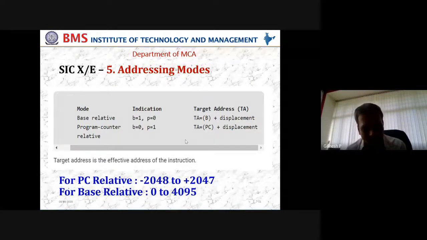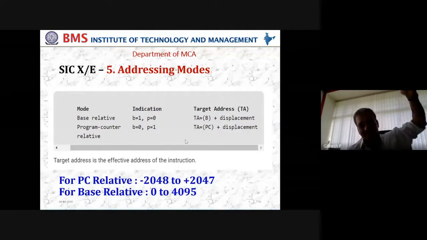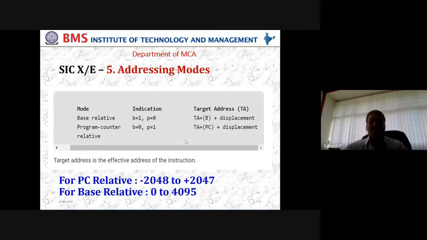So 5,000 is my base location. I can go to both ends. For example, in arrays, you can reverse the numbers. Normally you write for i equal to 0, i less than or equal to n. I can also write for i equal to n, i greater than or equal to 0. That means you are going to print in reverse order. In that case, what happens? Your PC is going to move in the reverse direction. It will start from 6,000, then -1, -2, -3, -4. So PC relative has the flexibility of taking values in both the positive direction as well as the negative direction, because without that you cannot traverse in both directions.